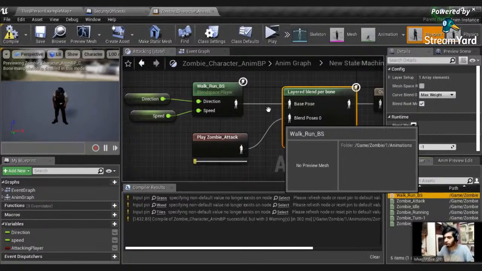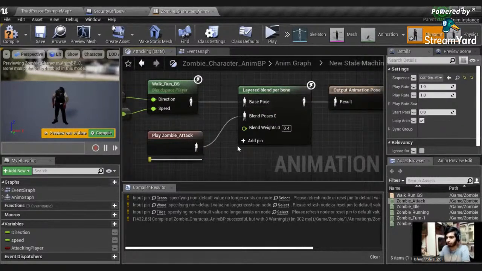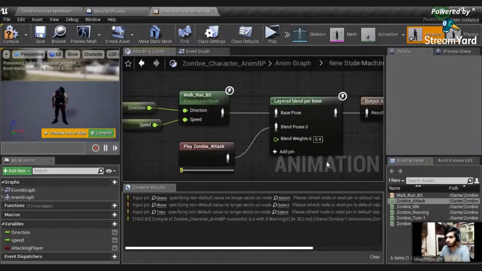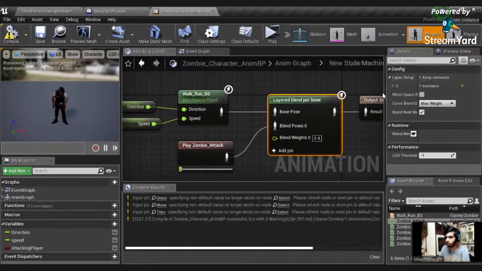Drag your walk_run_PS and connect the output of the walk run blend space to base pose, and zombie attack, so the attacking animation, to blend pose 0. All right, and set the weight to be 0.4. Compile it, save it, and connect the direction and speed as usual. Now select your layer blend per bone and, okay, now in here, when you go to the details panel,